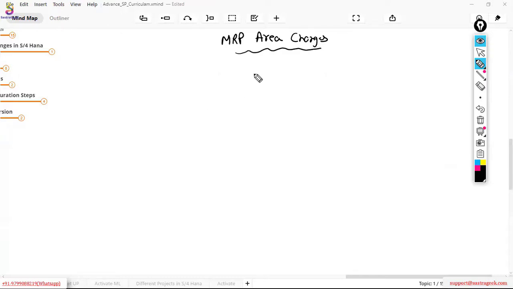So basically, we do the planning runs, right? Before jumping into the MRP area, some people might not be very clear what MRP is. MRP is material requirement planning, which makes sure we have the right material available in the right quantity at the right place and right time. If you want the detail of how MRP planning happens, we have covered multiple scenarios in our basic session, with the PD, VB, by putting MD61 requirements, showing how the planning would happen. That part we have covered.